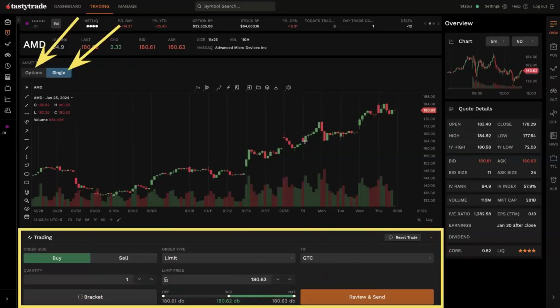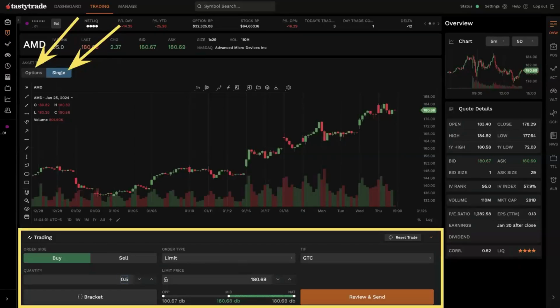So we can select whether we want to buy or short shares. We also have our order quantity. By default, I have mine set to 1. Yours might be at 100, but you can type in a number: 10, 5, 15. And for fractional shares as well, you can go down to decimals. So imagine you wanted to buy half a share on AMD. You type in 0.50